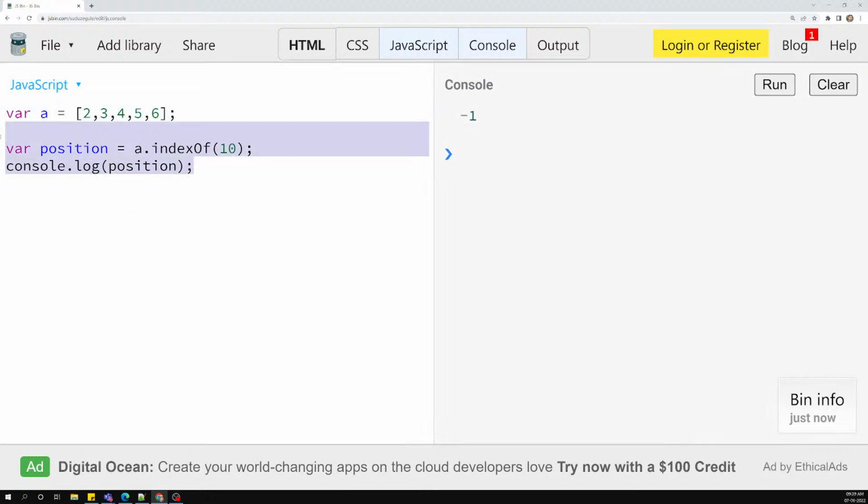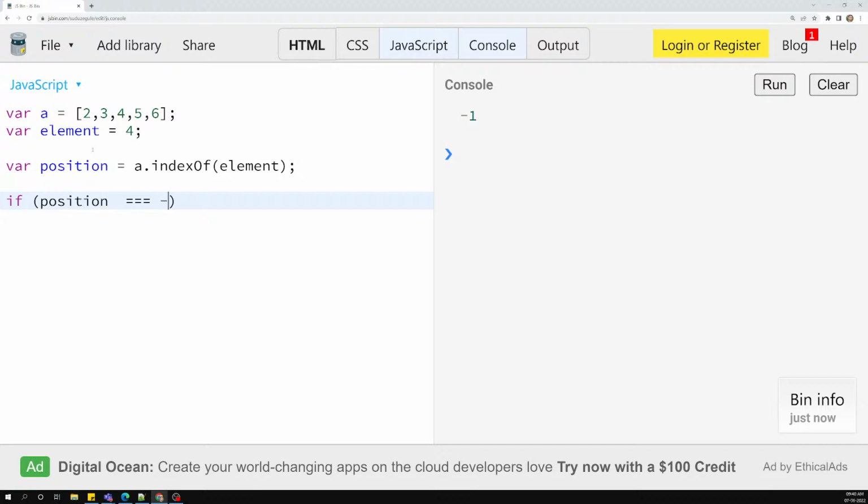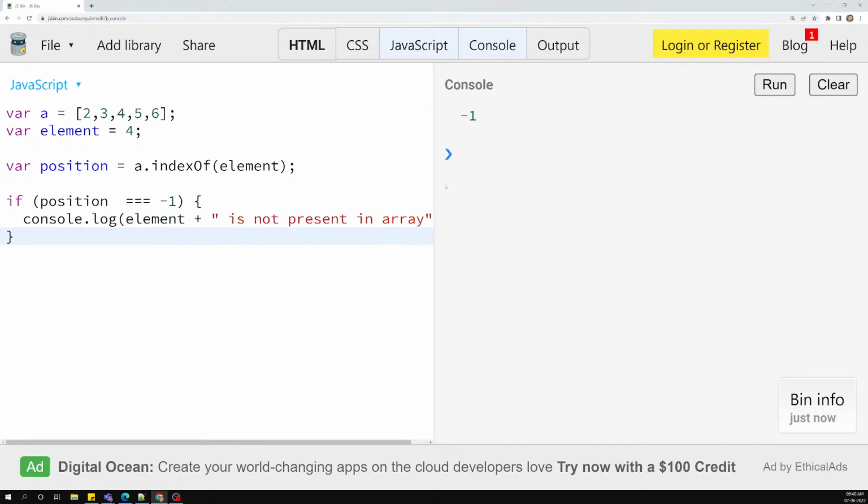So here, if you want to write code to check whether an element is present or not, you need to check in such a way: position is equal to a.indexOf(element). If position is equal to -1, you write a condition like this: console.log element plus is not present in array. You will write logic like this, or otherwise else